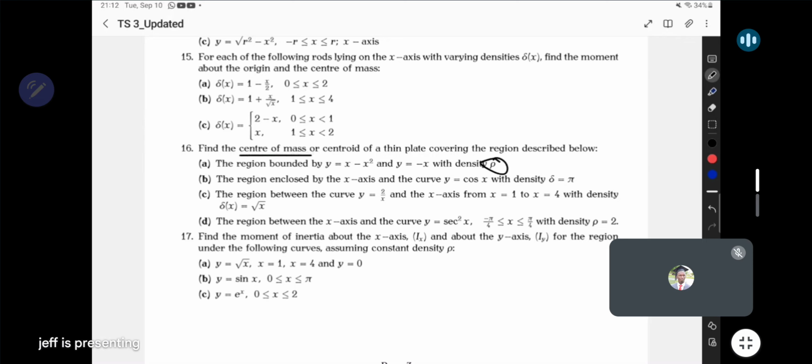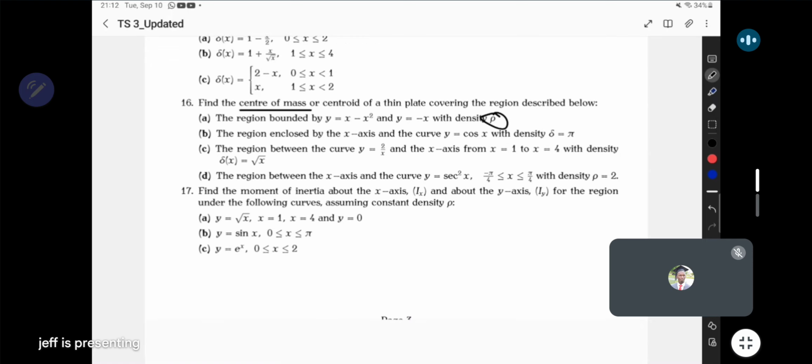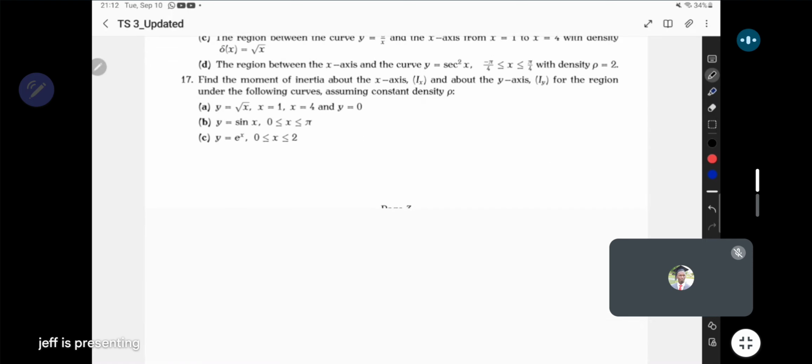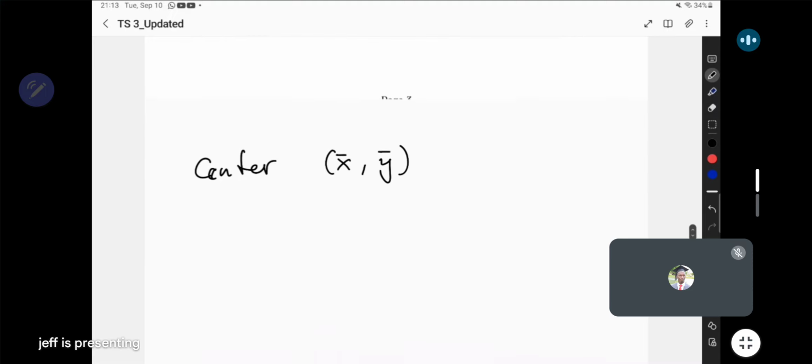So this is obviously just going to be the coordinates of the center of mass, and those coordinates are going to be given in terms of x bar and y bar. So these are going to be the coordinates of the center of mass for that particular shape. Now, how do you get the center of mass? So this is basically just going to be